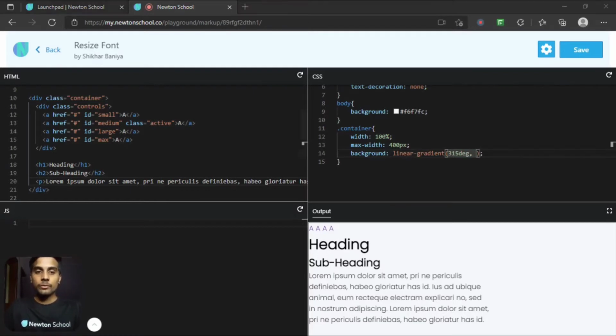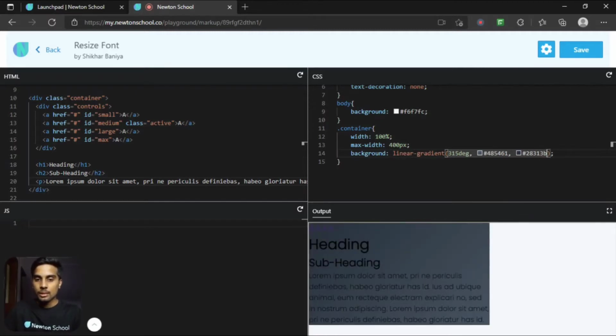Then the color of the gradient, so first color will be hash 485461, and the second color will be 28313b. As you can see, we got this basic gradient on our background.